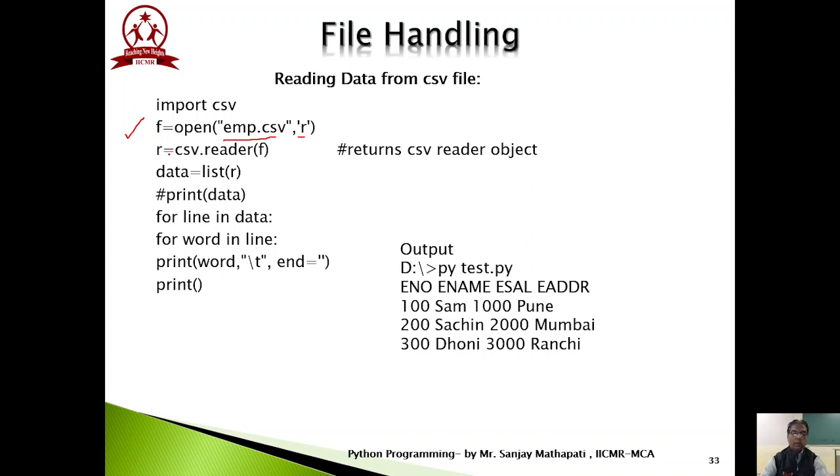Whatever data we read with respect to this reader object, we are going to convert it into list form. Generally when we read anything from the CSV file, it is already in the form of a list, but we are going to create a list for all the records. This is the first row, second row, third row and fourth row, that is first list, second list, third list and fourth list. For the entire thing I would like to create one more list. So the entire thing is converted in the form of a list.